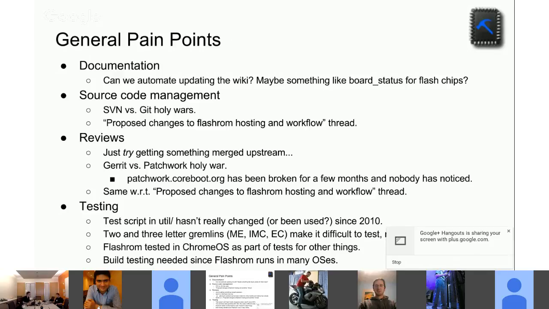We probably should look into modernizing the review process, again referring to the mailing lists, the proposed changes to the Flashrom hosting and workflow thread. Just because I don't know about other people, but for me, downloading a patch and then patching it in and then running it and then seeing stuff break and then